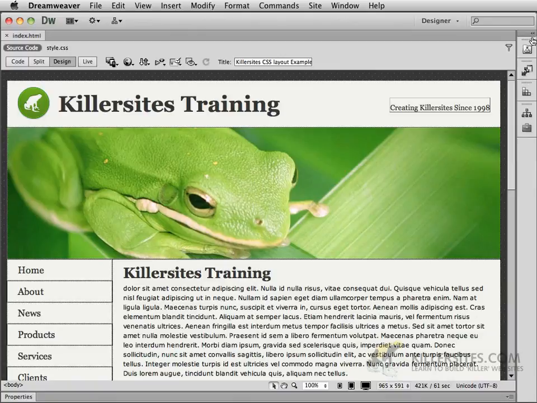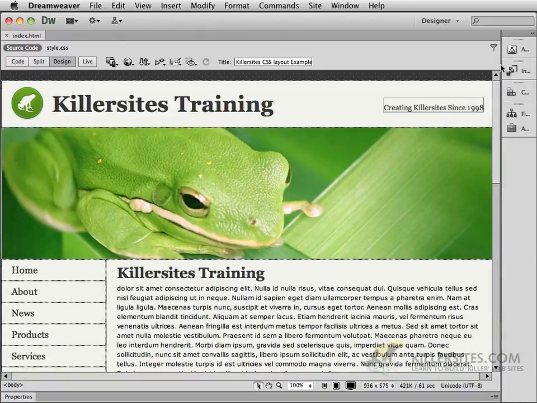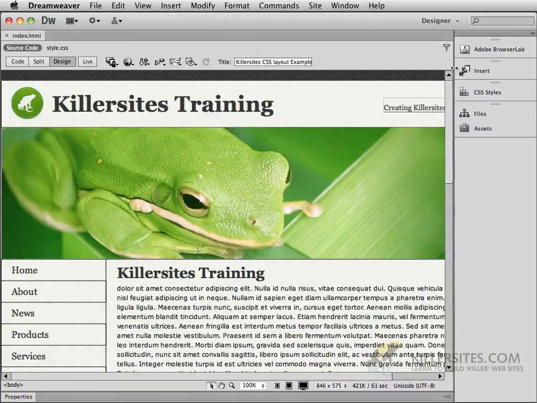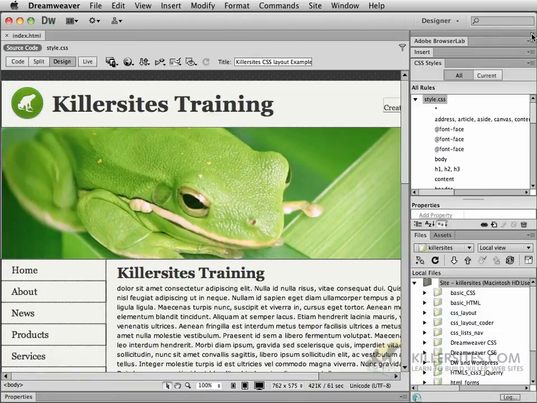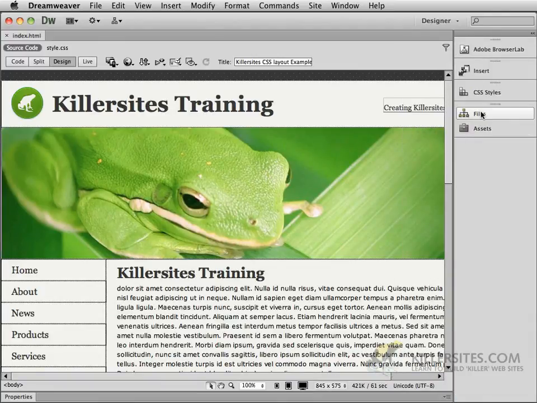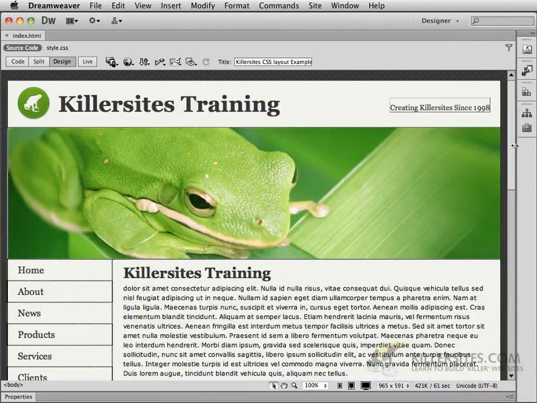Also notice that when you've collapsed your panels, you can expand them a little bit more so that if you're not familiar with these icons just yet, you can think about expanding the icons so that their names are also visible. It's not as big as what we have here, but it still gives you a little bit more familiarity with the names. So until you're familiar with what these things actually do and what these icons mean, this will be useful to you. However, I'm going to reduce that and